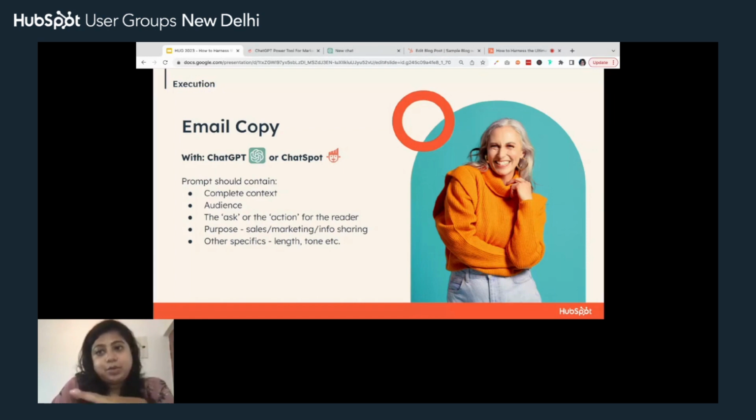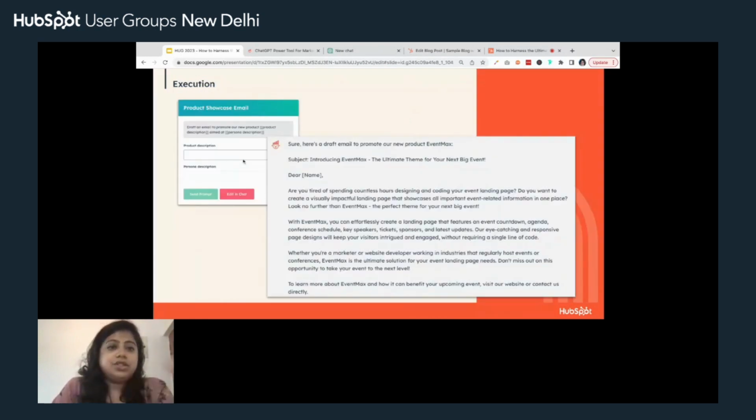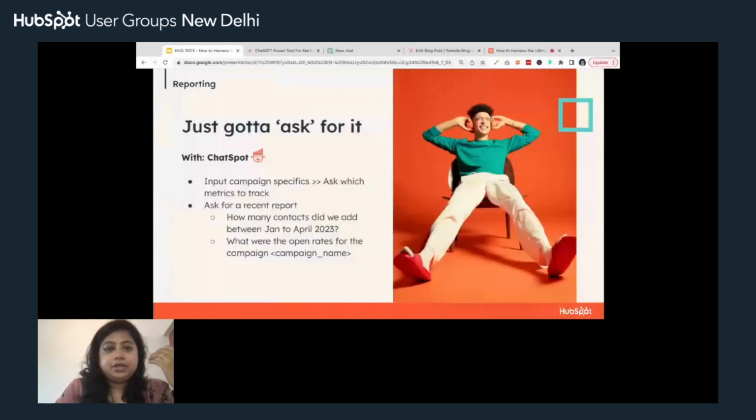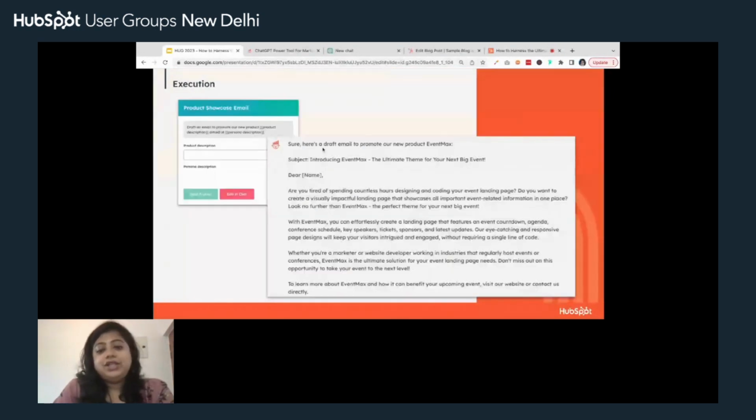So within ChatSpot, if you're asking this, ChatSpot would probably ask you to give a product description, sorry, a description of who you are writing to, and then churn out an email for you. Once again, grade 0 to 1. This is pretty decent. It can go as is. But if you are an experienced salesperson, you might want to make a few changes to it, make it tighter, or however you want to do that, and then send it out.